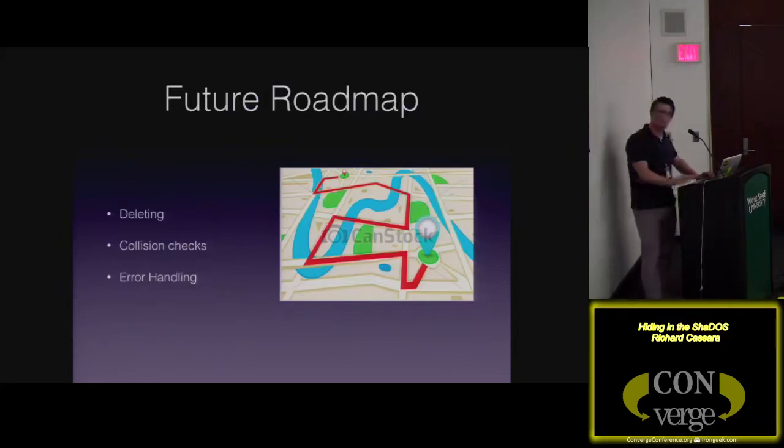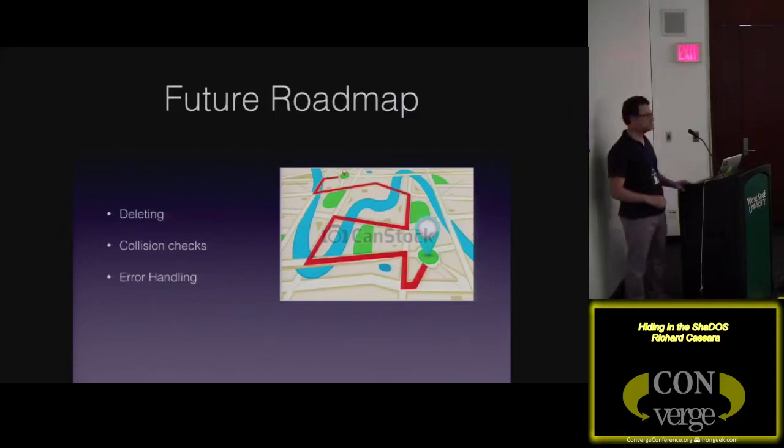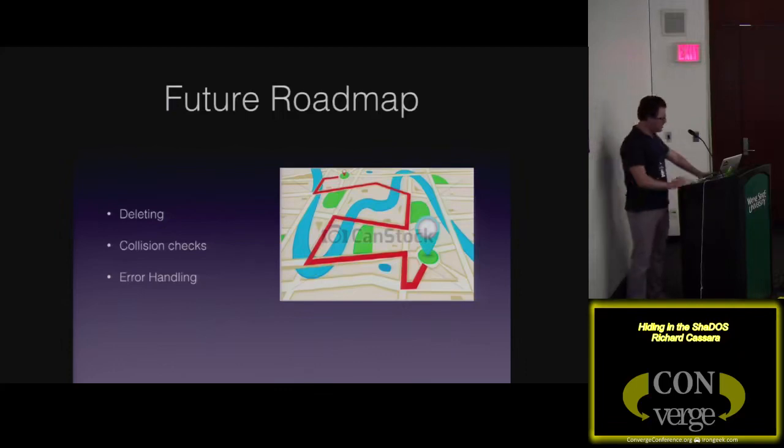module. I also need to add collision checks. It's unlikely, but it's a non-zero chance that the randomizing will pick the same DLL and the same random file name to overwrite a file that you already put in. So that's something that would be really bad. So it needs to have a collision check on that. And as you saw, the error handling is not up to snuff. It does catch them in some places, but there's other things that could be done much better. But those are the main things I see in the future roadmap.